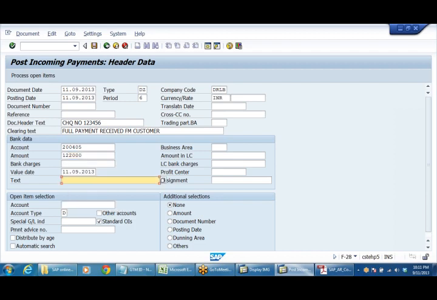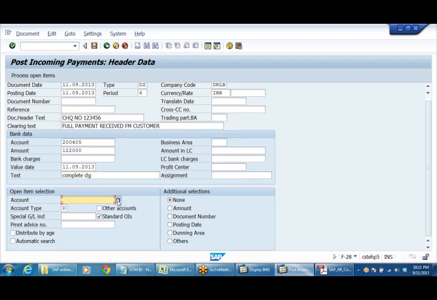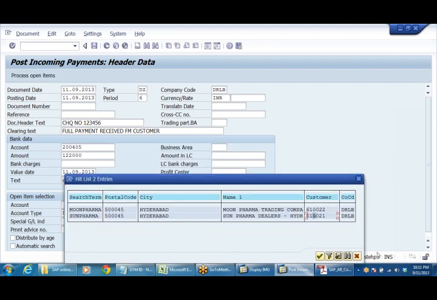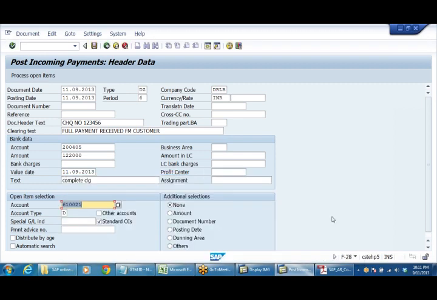Text: complete clearing. You can take the business area if you want. Now open a customer account, 610021. From this customer we are receiving the payment.